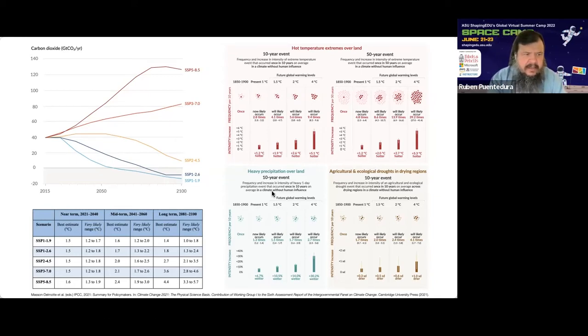And I'll tell you right now that I would gauge SSP 2 to 4.5 as the most likely scenario, rather than if you're just saying, well, we'll still try. There is a point at which still trying for a goal that's unachievable actually causes harm down the road. There are many ways we can go to that middle level. Some of those ways are more equitable, less harmful than others. All of them involve pain. I will not make any comments otherwise, but there are better and worse ways.